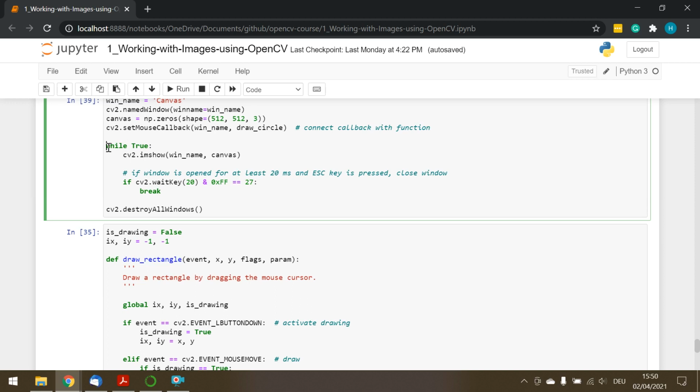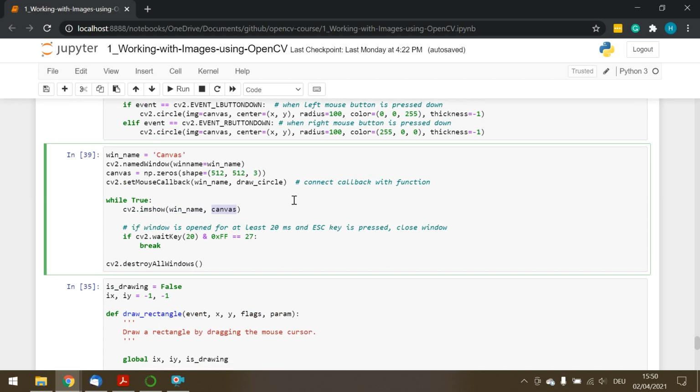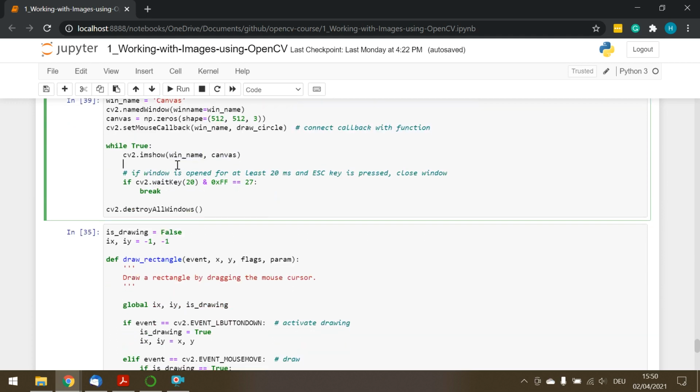While True means that keep showing it unless stated otherwise. cv2.imshow, show this window with this canvas. It means that display this canvas with the window name. We've seen this before, imshow. This is a bit peculiar. If cv2.waitKey(20) and